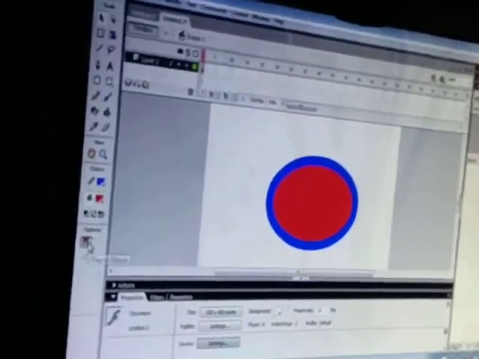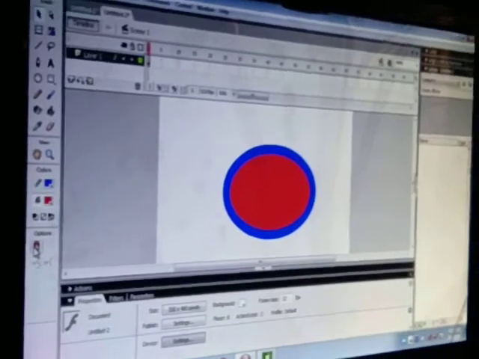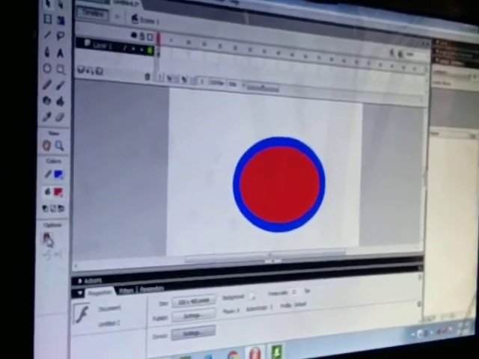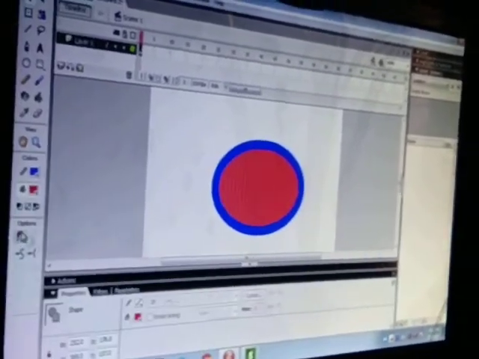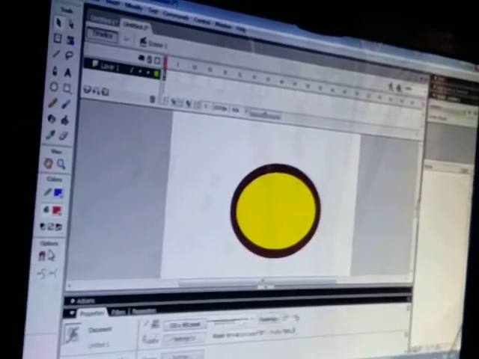Now the next one is an option tool. So with the help of the option tool we can change various effects. Suppose I am going to remove this image, and this one is a pencil tool. When I select the pencil tool, you can see in the option it has given different modes of pencil, like straighten, smooth and ink. So suppose we have selected here the pencil tool as smooth. Now I can move my